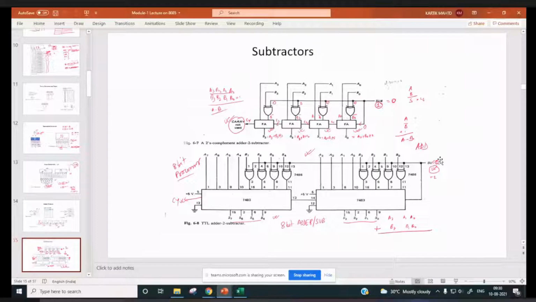subtract and add operation. If the instruction is a sub instruction, subtracting something, then after decoding the instruction, this control line will be made 1. And if the instruction is add, then after decoding the add instruction, this SU control line will be 0. So these two numbers will be added. All these things we discussed earlier.